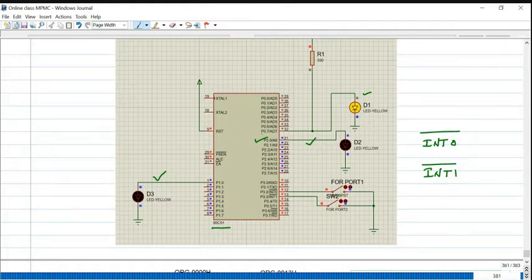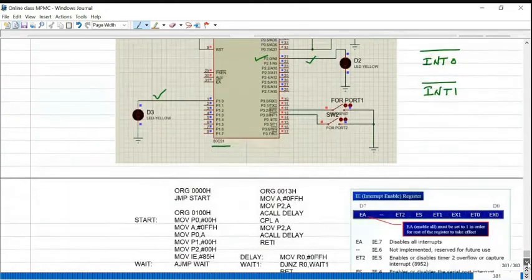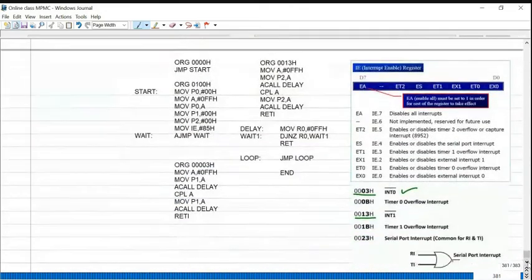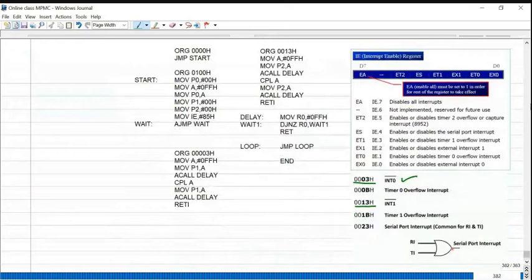The LED connected to port 0 is always on. This is the concept I have taken. In case in the examination they specify some logic, you have to write the program accordingly. So we'll discuss the program first.